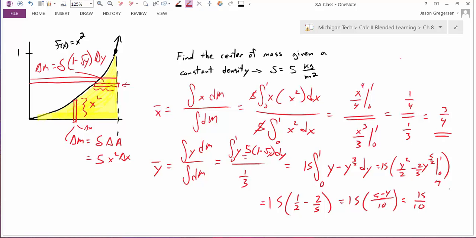Oh, yep, you're absolutely right. So I got an extra factor of 5 here. So those 5 should have canceled out. So I should have this out of here. Absolutely, thank you. So that was my mistake. I should not have this 5 out, or I should have an extra 5 in the denominator for my mass. So I have an extra factor of 5. That makes this 3, this 3, this 3, this 3, and then I get 3/10, which I believe is the